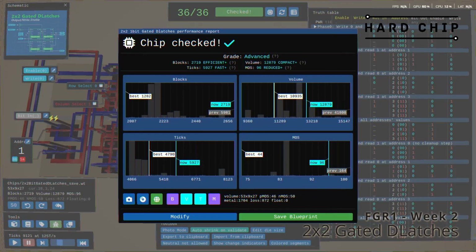What you just saw is a special thing because this is a cheesable level. So the last step is just randomizing each phase and testing that you are not making an ASIC that just responds perfectly to those inputs. And like that, we just had our 2x2 1-bit gated DLatch working,